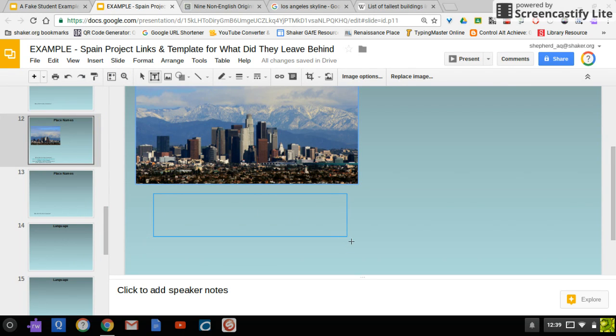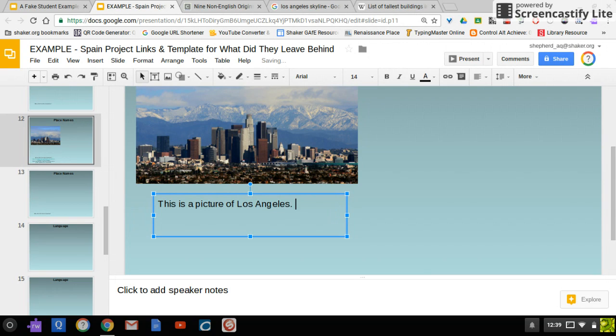I'm just going to explain what this is a picture of. This is a picture of Los Angeles. It actually means the angels, and it is a Spanish name.